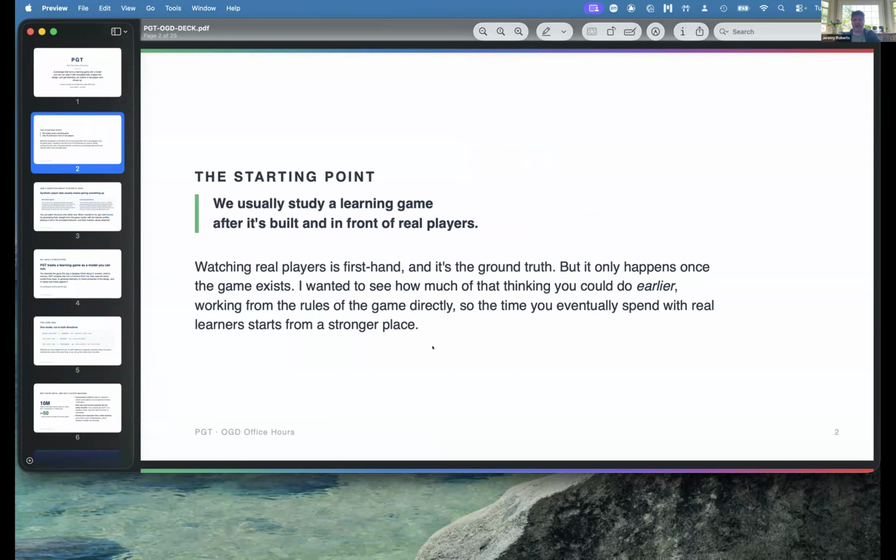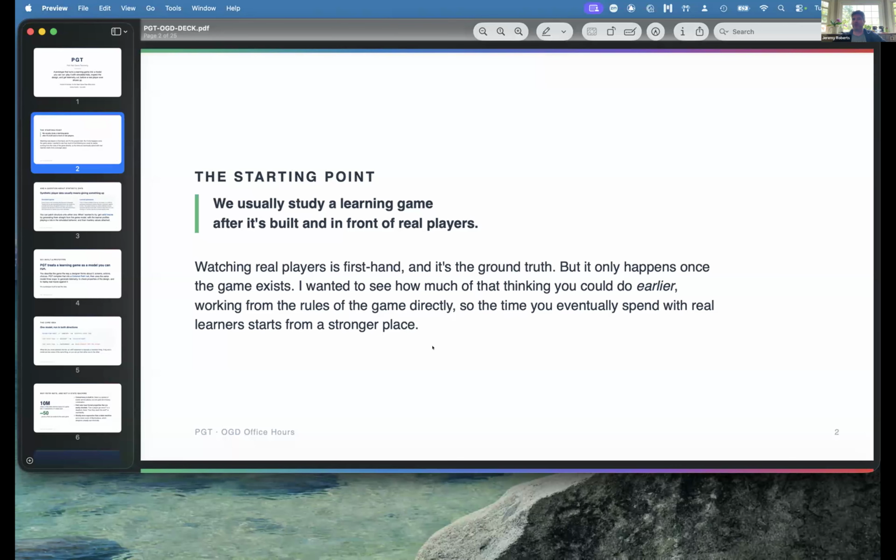At the top of this, at some point in a learning game development process, we get a game, and hopefully we're able to put it in front of real players and get real data and learn a lot from that. But at PBS Kids, I watched the production process and all the things that preceded that.